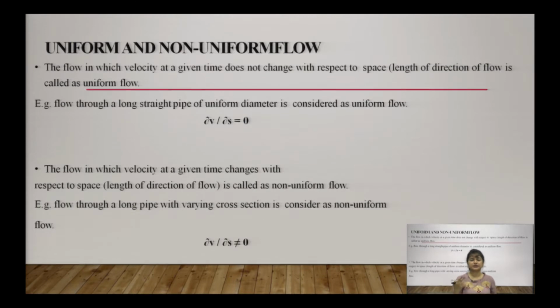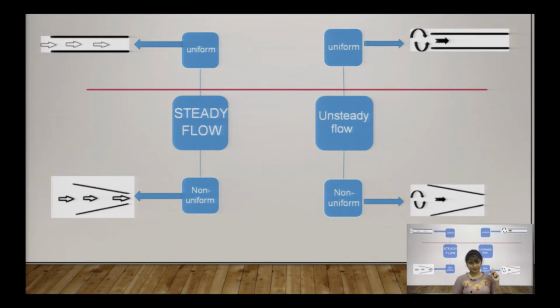Now, you can see there are 2 categories we have covered, steady flow and uniform flow, and their vice versa, that is non-steady flow and non-uniform flow. In steady flow, we have seen if any one of the parameters changes with time, then that particular flow will be non-steady flow. While for the case of uniform flow, the velocity should be the same with respect to time and space. Means there can be a situation where steady can give 2 different types of flows and unsteady can also give 2 different types of flows, or further 4 cases can prevail together.